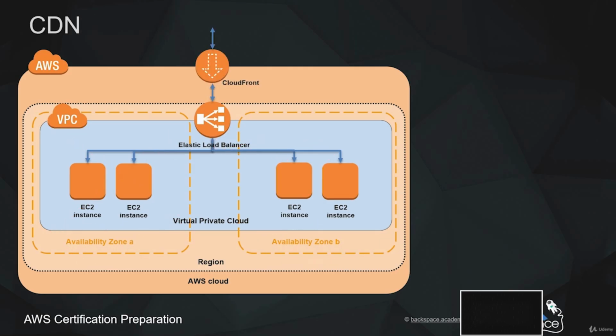That is where the CloudFront Content Delivery Network, or CDN, comes in. So we can get these large images and large videos that are not really changing that often, and we can put that in a CloudFront distribution. And CloudFront will cache that and distribute that across hundreds of edge locations across the globe. So when your end user requests that video or those images, it will be delivered to them with really high speed and low latency. And at the same time, it's going to take the load off your EC2 instances and is going to significantly reduce your costs.